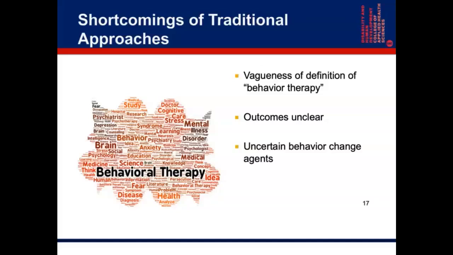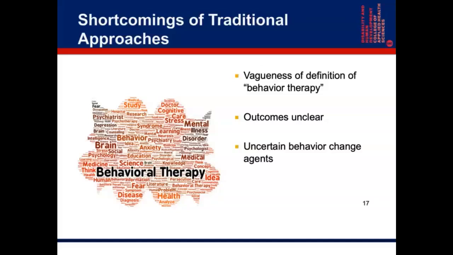Furthermore, we do have the challenge, with the laundry list of things I had on the last slide as being possible intervention approaches and techniques within ABA. It's really unclear what actually was the thing that made the change happen. If we have multiple caregivers in multiple settings doing multiple techniques, it's hard to know which was the one thing that made change happen. As a result, there become many hypotheses and guesses as to which it really was.